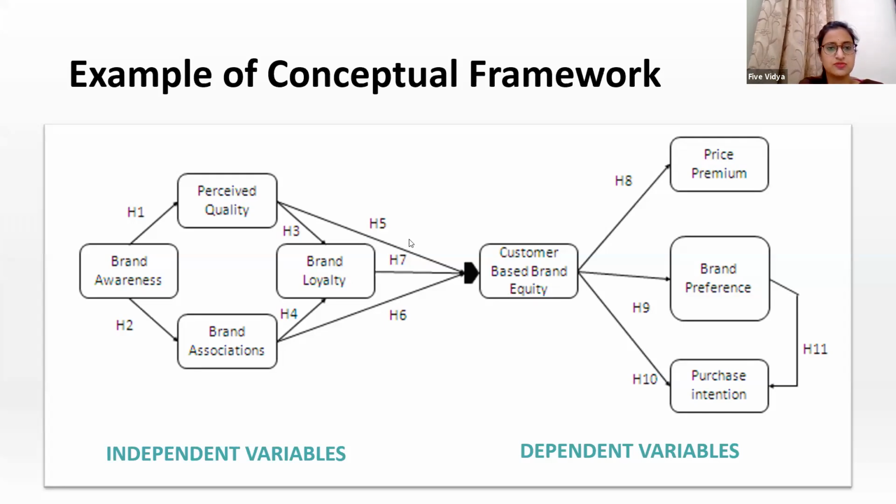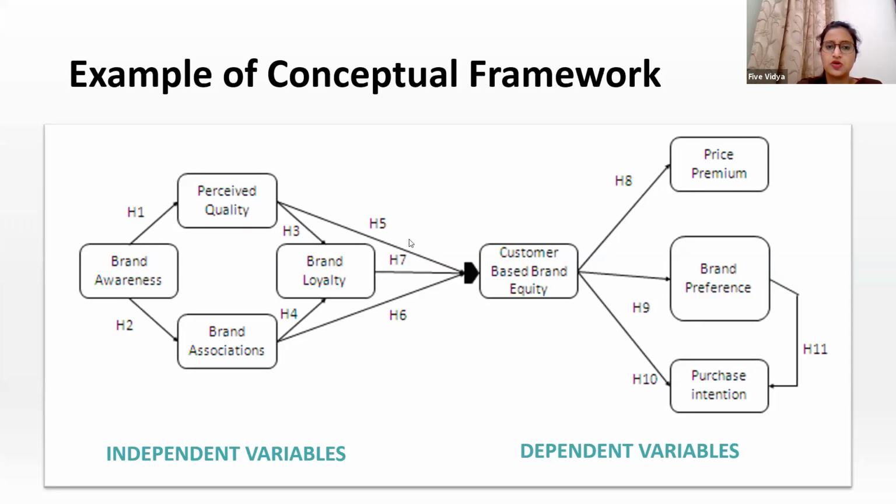Okay, there's a question from Shweta. In my synopsis, I've not included conceptual framework. Can I include it in my thesis? Conceptual framework is not to be included in every research. Basically, we include conceptual framework only in social science researches. In technical and engineering researches, we do not include a conceptual framework. So Shweta, it depends on your research topic.